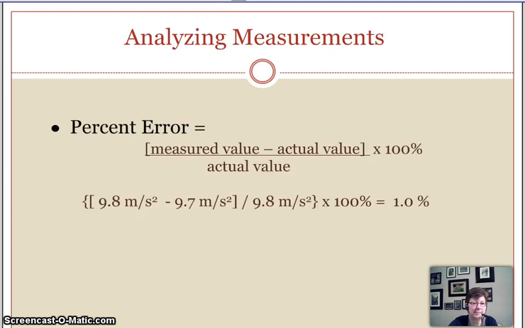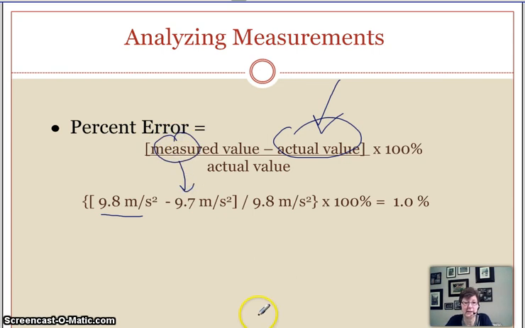Now when we're specifying errors that we get in our labs, and I'll always ask you to do this, we'll have 2 kinds of errors that you might have to come up with a numerical value for. One is percent error. And we use percent error when we are comparing a value we measure to the actual value. So for instance, for the acceleration due to gravity, we know that actual value is 9.8 meters per second squared. If we had done a measurement and we measured a value of 9.7 meters per second squared,